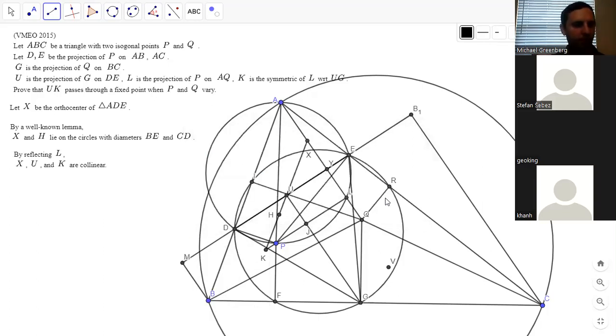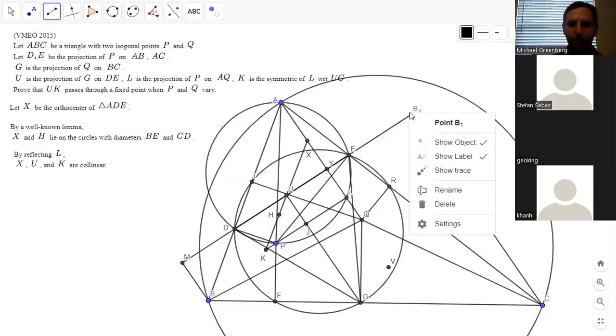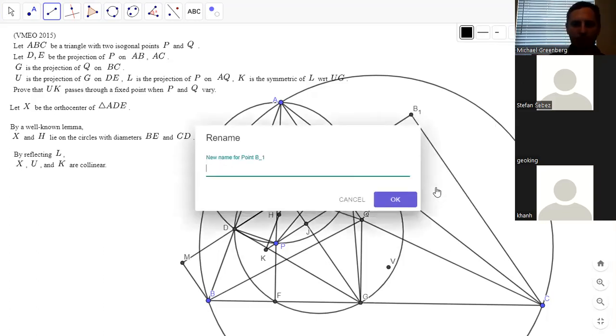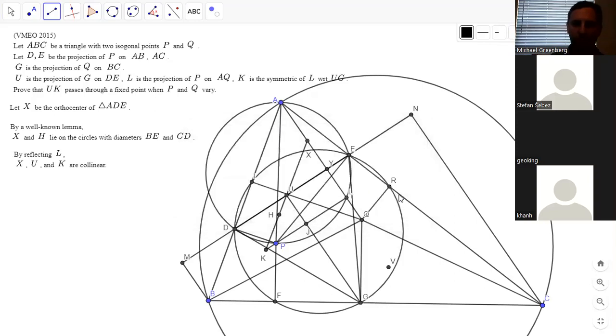M, N. Okay, so basically we want to show that UE times UM is equal to UD times UN, and then we do kind of what Stefan said. So UM over UN is BG over GC, and then okay, so